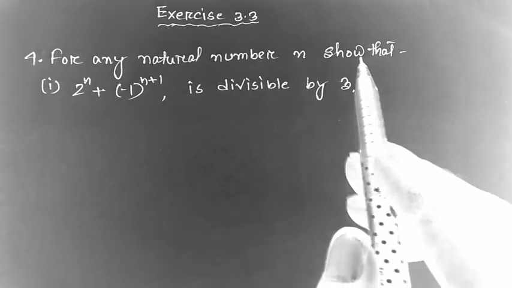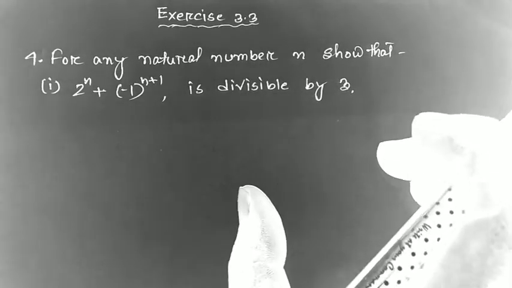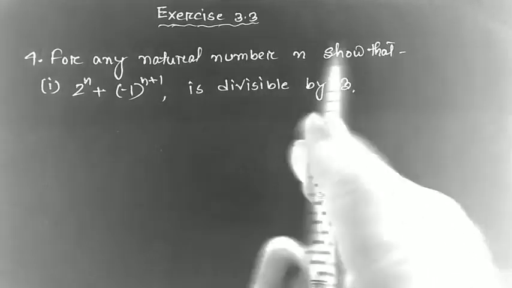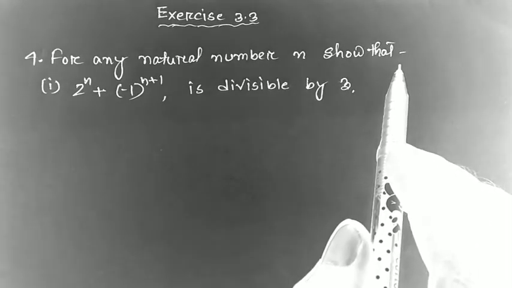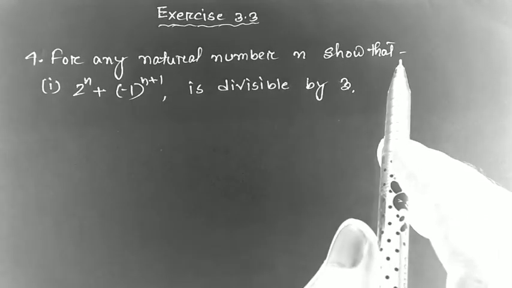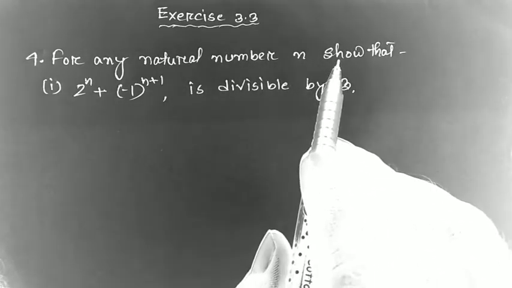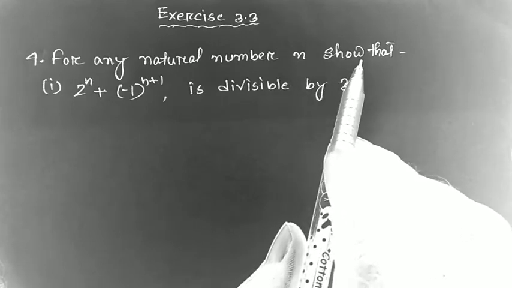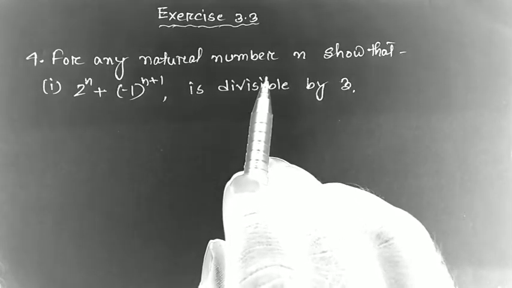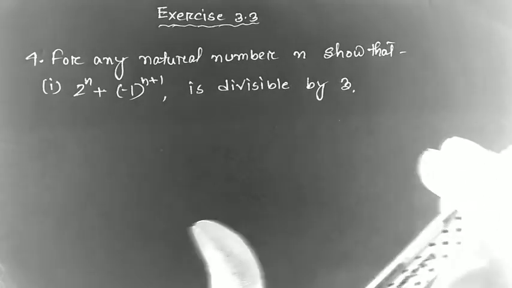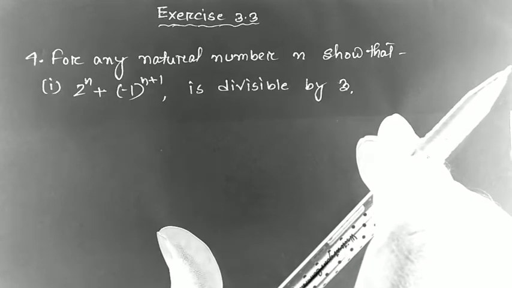So all the sums of this type can be solved in the same way, which I am going to provide you. It is the easiest way to prove this type of sums, and since we are given n is any natural number, we have to prove it by the method of mathematical induction. Like in exercise 3.1, where we proved series and sequences with the help of mathematical induction, in this case also we have to apply that method, but I am giving you the easiest method to solve this. You will follow the same method for all the sums, so it is very easy if you concentrate. So let's start.